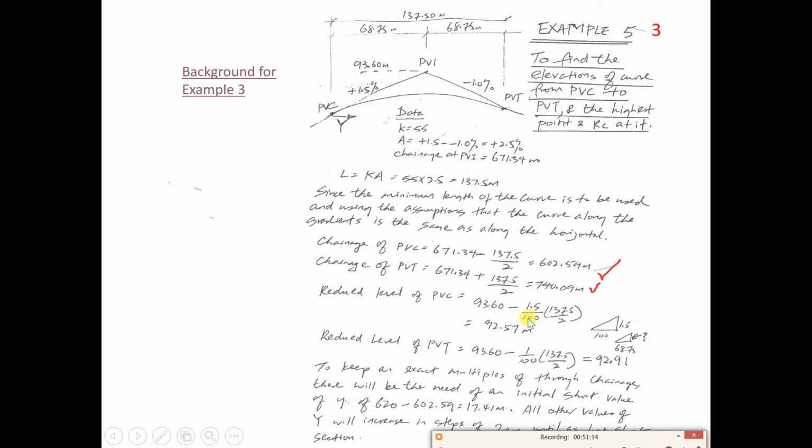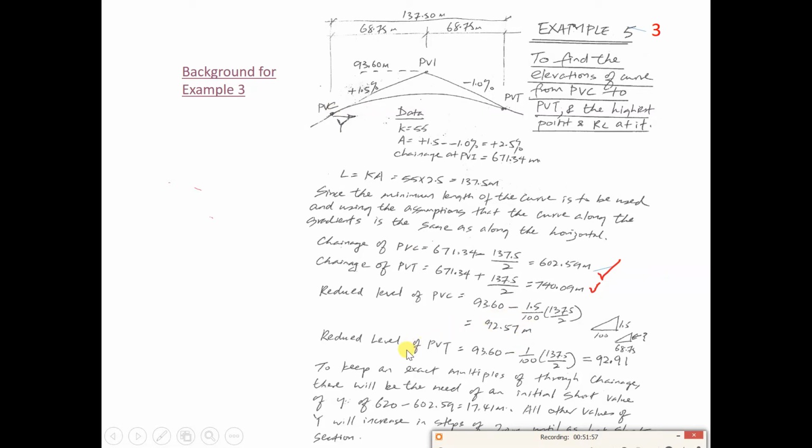So the reduced level is 92.57 here. How do we get that? Because we know this is 93.6, and the gradient is 1.5%. So 93.6 minus the change, which is 1.5 divided by 100, times the length. The length here is 137.5 divided by 2, which is 68.75. So you get the reduced level is